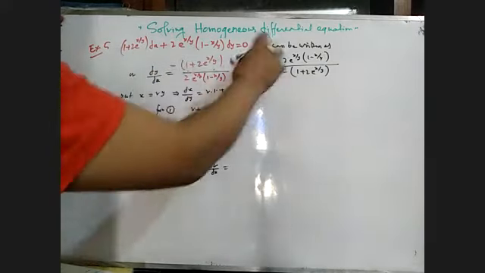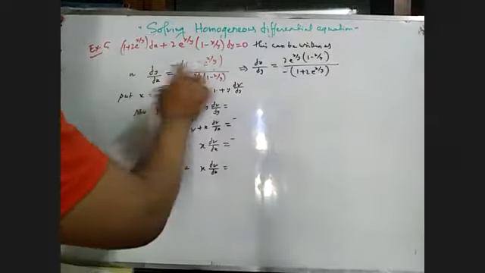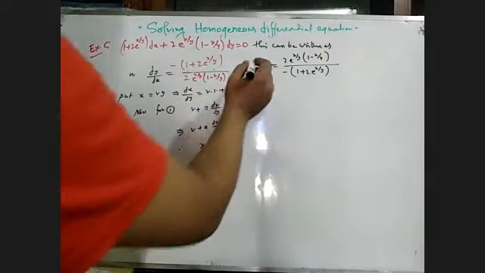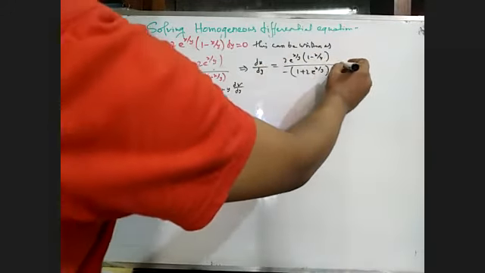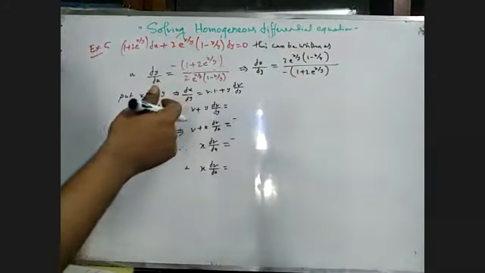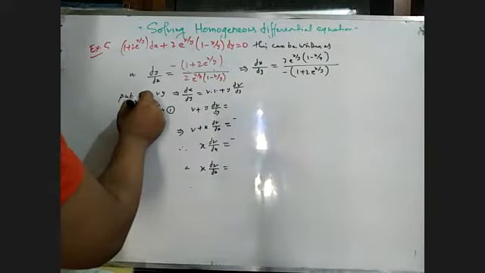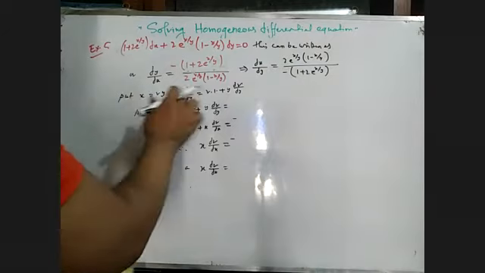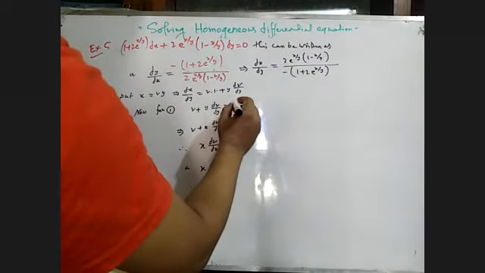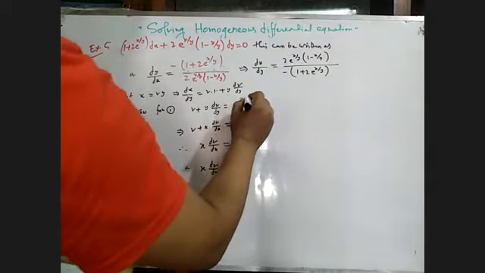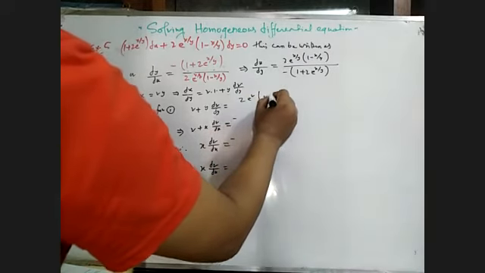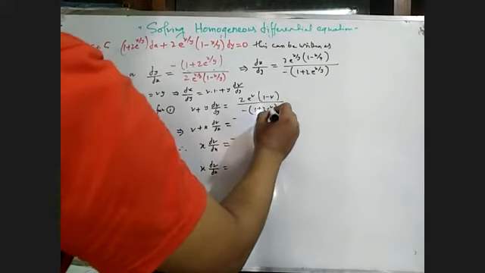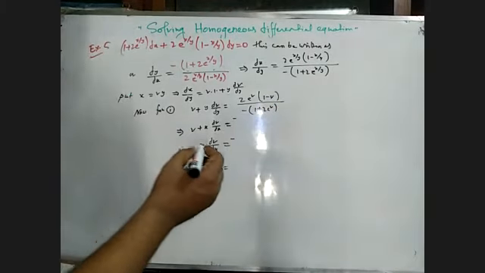Now we can take this in the inverse way, dx by dy. Then y becomes the independent variable and x becomes the dependent variable in this case. So this is also a homogeneous form of the same degree. So just considering x equals by, because x becomes the dependent variable, we can write this one as 2 e to the power b (1 minus b) over minus (1 plus 2 e to the power b). Can we write?